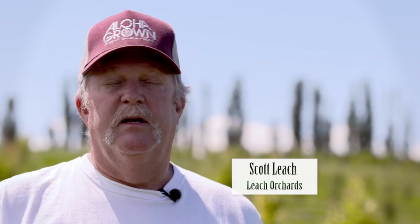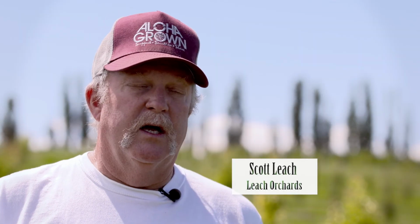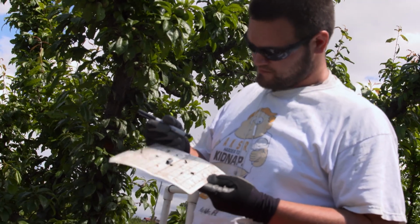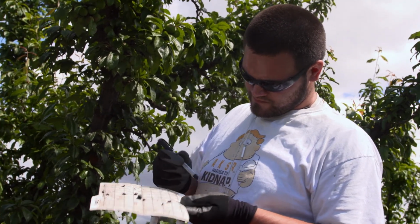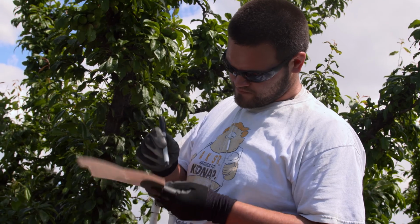I work with an independent pest consultant. He has codling moth traps throughout the orchard. He has a crew that comes through and checks those traps once a week. He emails me the results of what they find in those traps, and that helps us track where we are